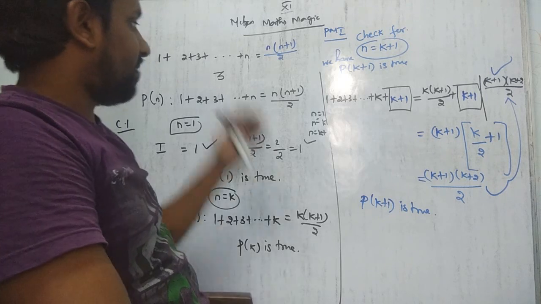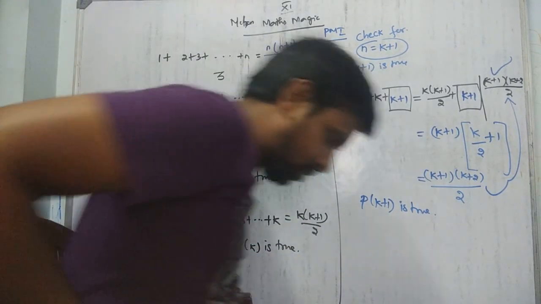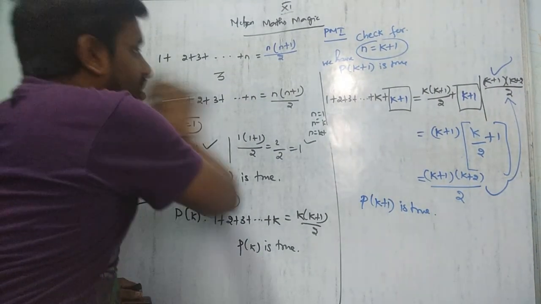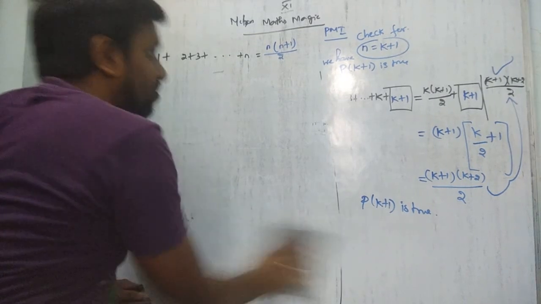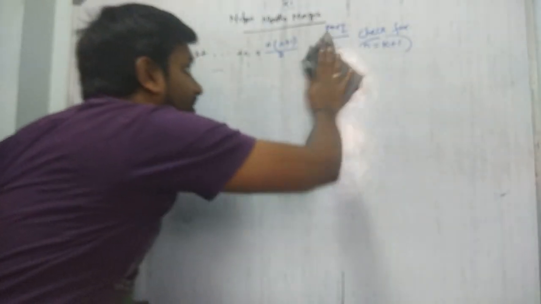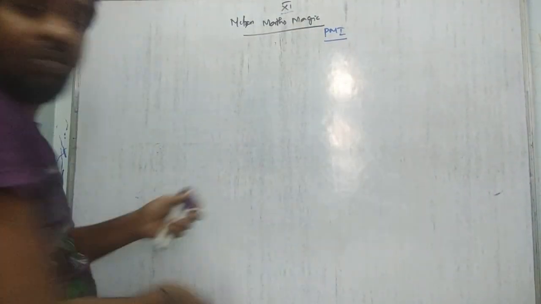mathematical shortcut. P of 1, P of k plus 1, 6 marks they will ask you, 24 sums. So now one more sum I will take, but the same concept will repeat for the 24 sums, okay? So be very specific, very easiest chapter, only thing is I should be very specific. Okay, so now I'll move on to the